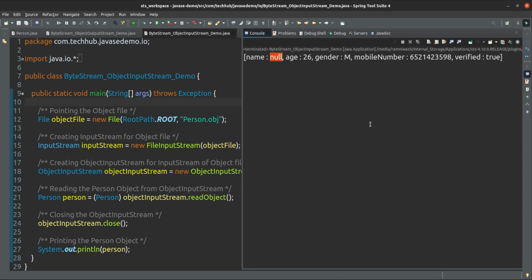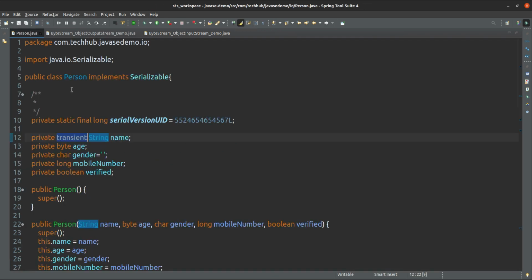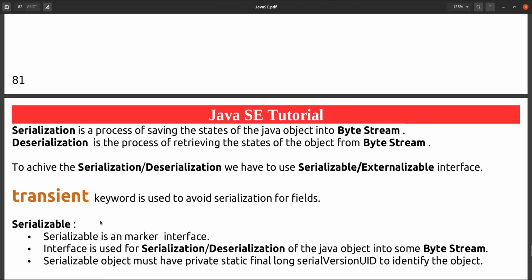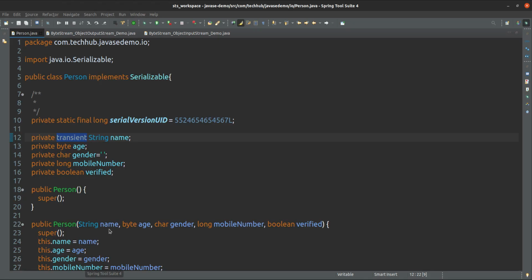Why? Because the name field is not serialized. Why is the name field not serialized? Because we have given transient here. Transient can be used to avoid serialization of a field. I want to avoid this field, so I can give this transient.